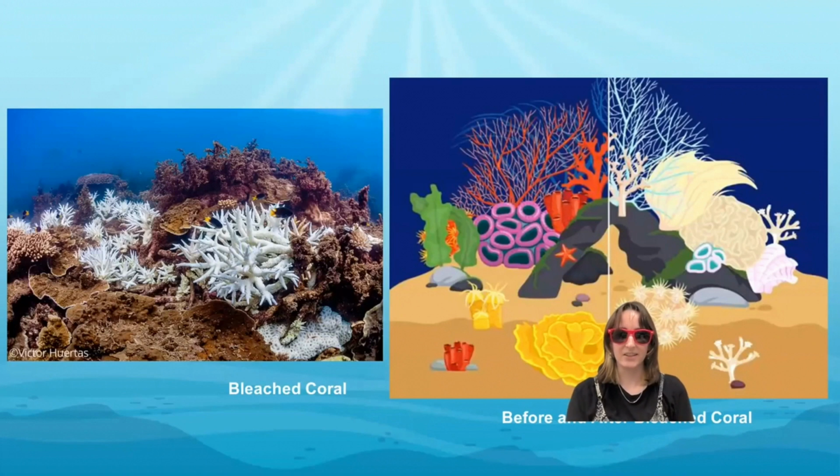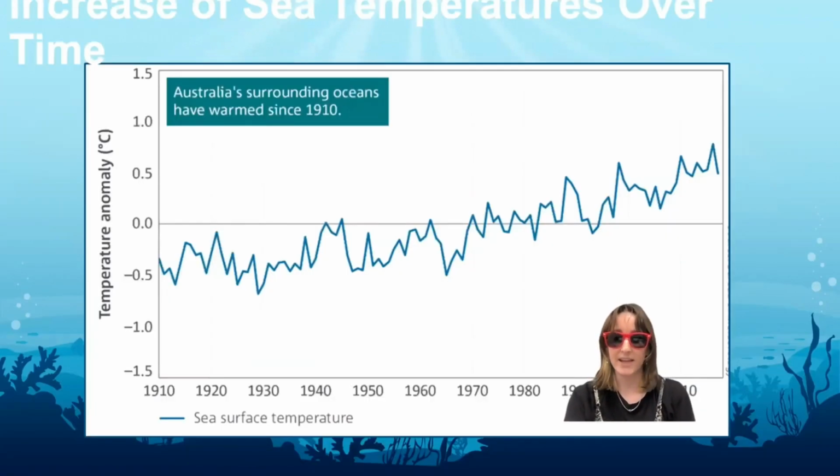Here you can take a look at more examples of coral bleaching. On the left is a real-life example, and on the right is a model of before and after. Now, data shows that the temperature of the sea around Australia has increased, which means that the Great Barrier Reef, which is one of the most important ecosystems in the world, is directly impacted by coral bleaching from a rise